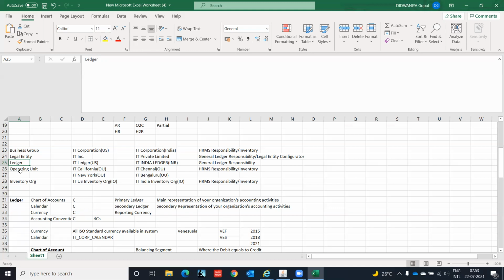Let's say there is a security profile assigned to the manager. The manager has access to all the operating units, but below the manager, an executive is there.